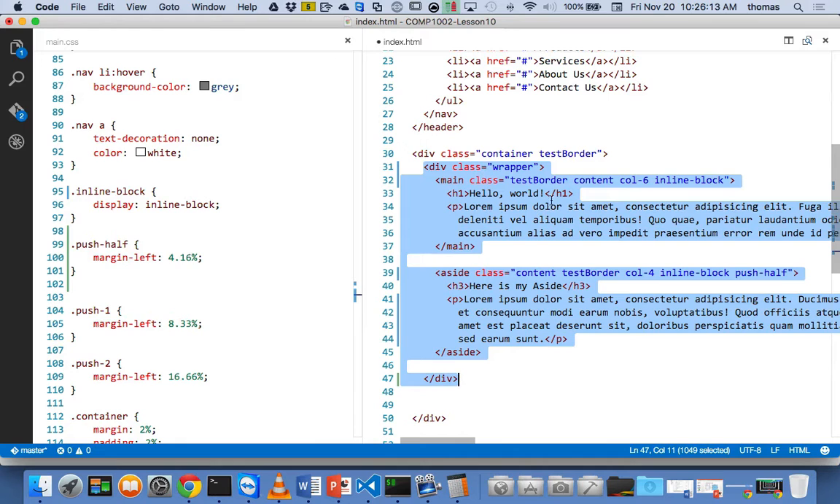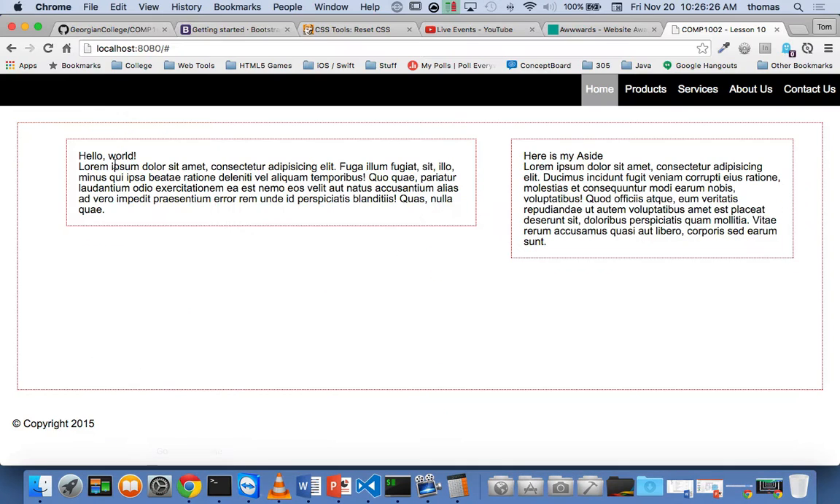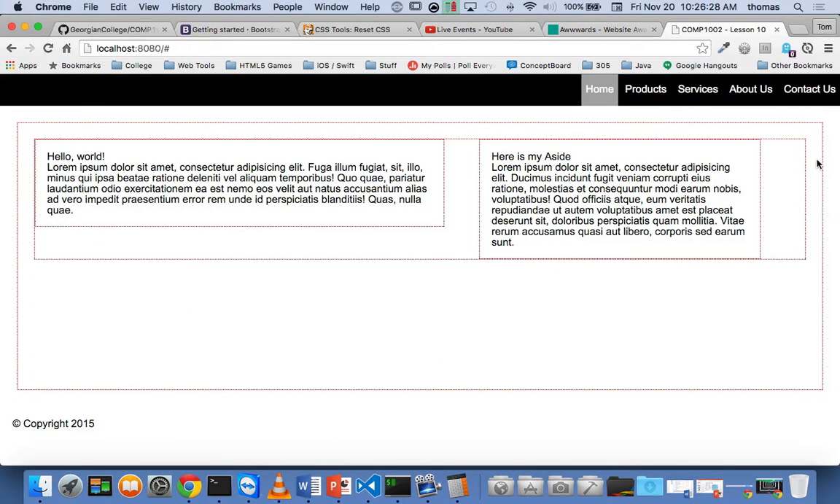Let's put a container class, a test border class around this thing, really quickly. That's my test border class. And if I go back and I refresh, I can see that now there's a test border class around this whole thing, right? Now, what if I specify, knowing that I have 6 columns here and 4 columns there,